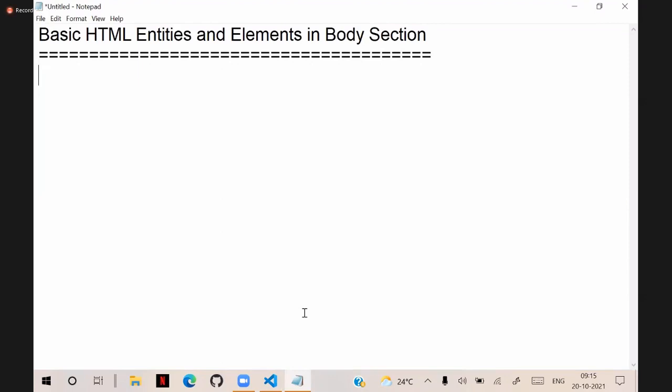Entities and elements. Actually, while designing pages, first you need to understand line breaks. You need to know about line breaks. Now we are going to learn some basic HTML things which are very important for designing all kinds of pages. Line breaks, one of the problems is generally when you are designing a page,